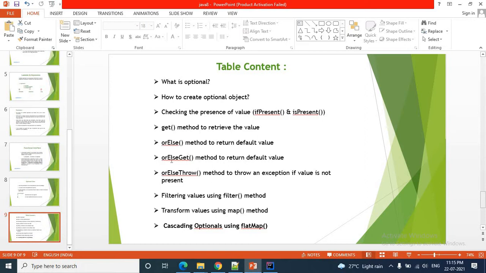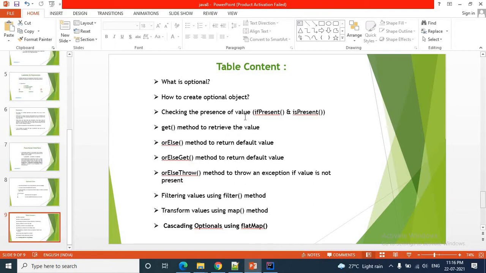Then we have orElseGet also to return the default value, and the orElseThrow method to throw an exception if the value is not present. We can also throw our custom exception by using orElseThrow if the value is not present. Then filtering a value using the filter method, transforming a value using the map method, and cascading Optionals using flatMap. We'll learn all those things in today's video.